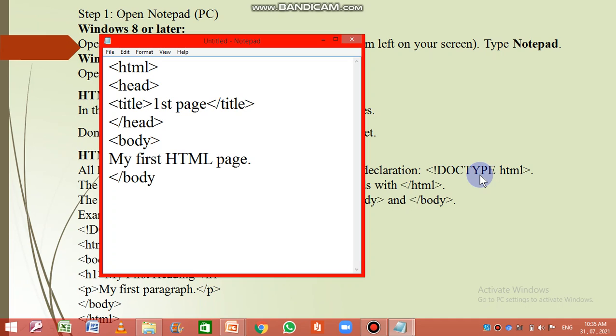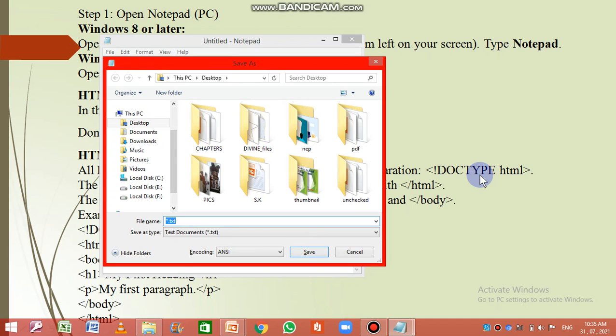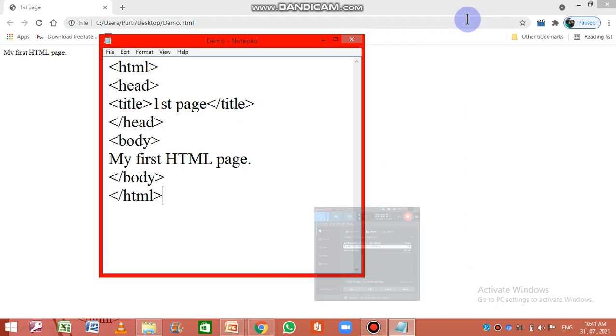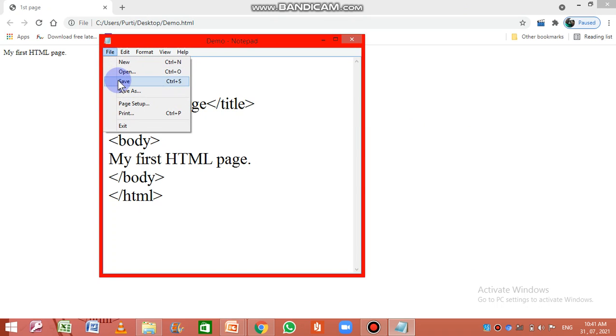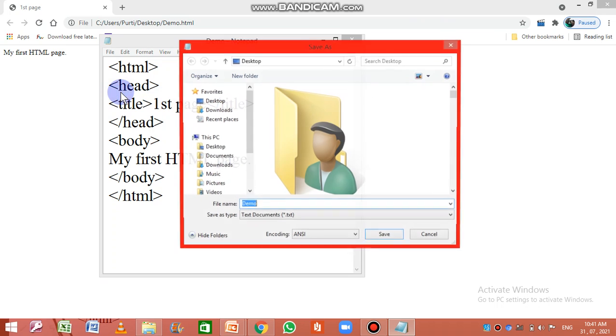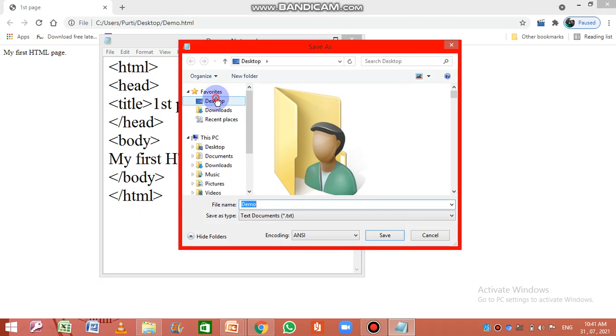As I told you, when you run this particular code, whatever content you see is present inside the body itself. Okay. Now we need to save this page. For saving this page, click on File, Save As. Now here you need to choose the location where you want to save the file.